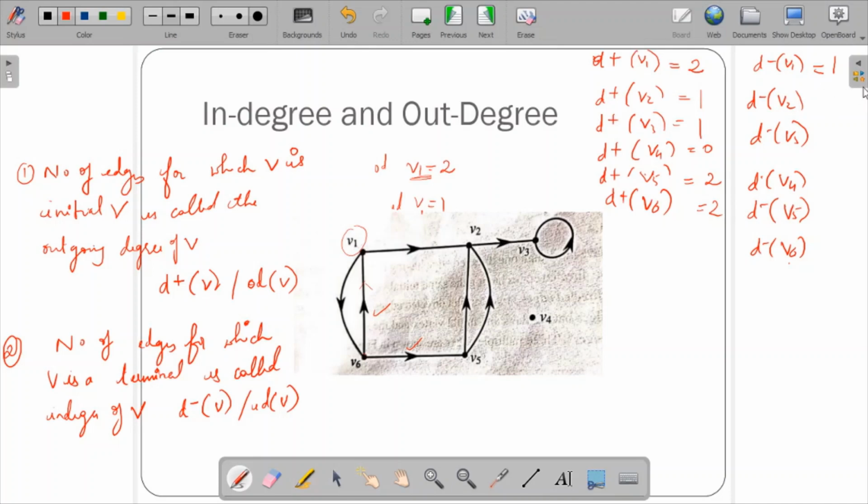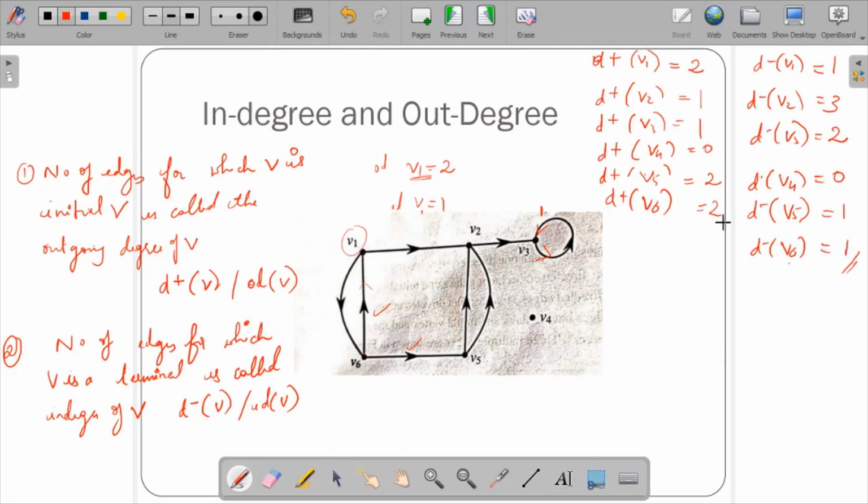V3, for the loop, the edge count is 2: this one is going out, and this arrow is coming back, so the in degree is 1 for the loop, plus this other one, so V3's in degree is totally 2. V4 is an isolated vertex. V5, you have 1, and V6, you have 1 from V1, so it is 1.